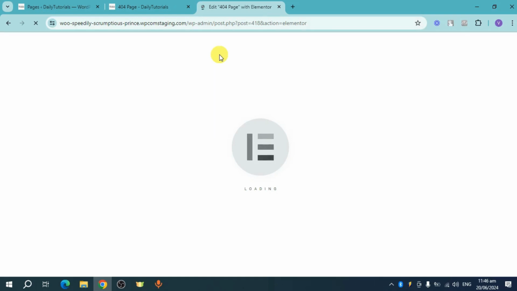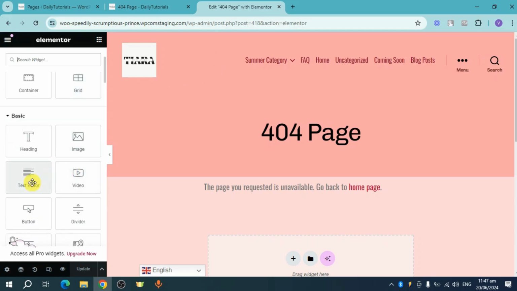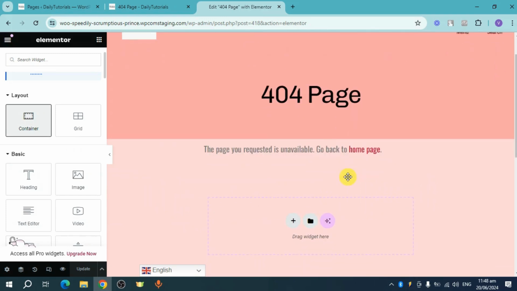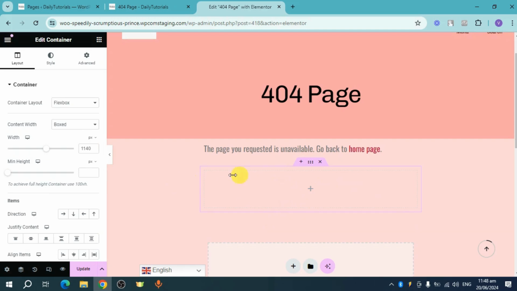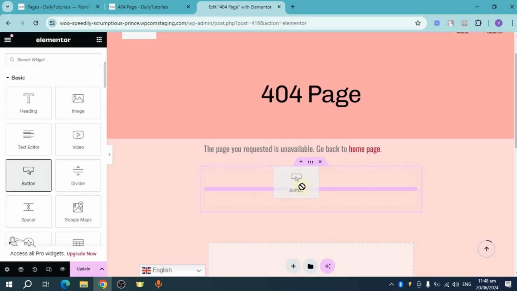Now in order to edit this, you can add something. You can see right here that I have these layouts. You can add containers, grids, headings, text editor, buttons right here. In this case, I'll first add a container. Now on this container that I have just made, I need to add a button if I want. Click on this plus icon, and then click and add this button, drag